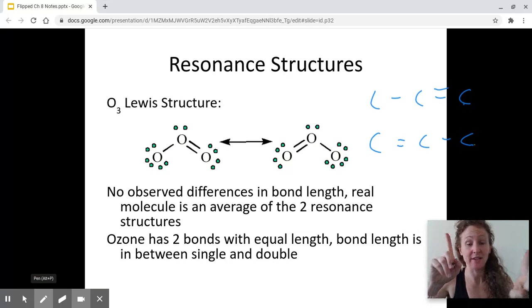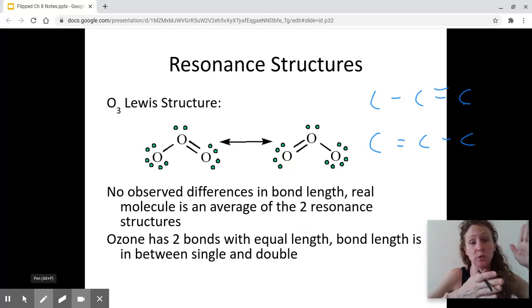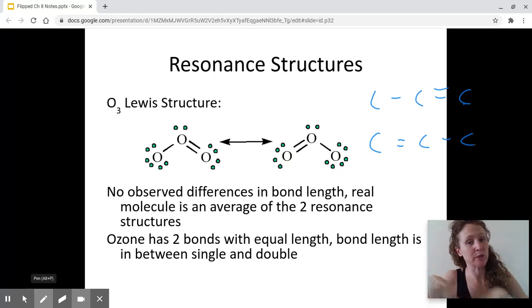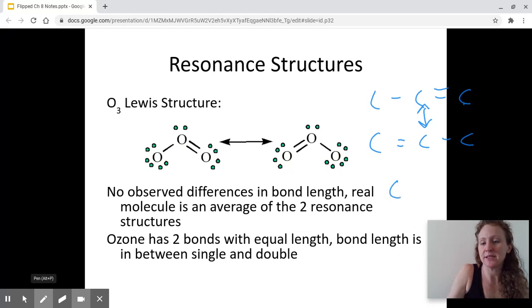Notice that the double bond we have to make a decision for is either between carbon and carbon, or between the other carbon and carbon, right? These two would have resonance. We would not use formal charges to decide which one is better because they would come out to be the same formal charges, right? And what we would assume happens is that both carbon-carbon bonds are actually